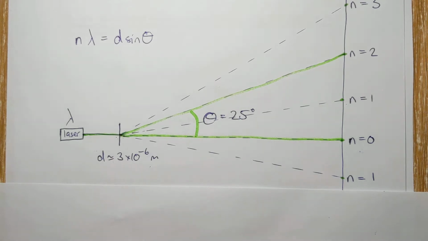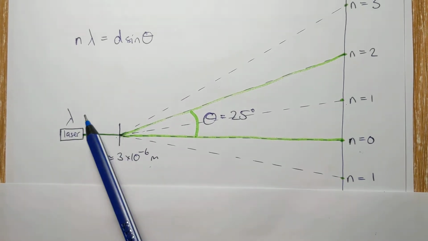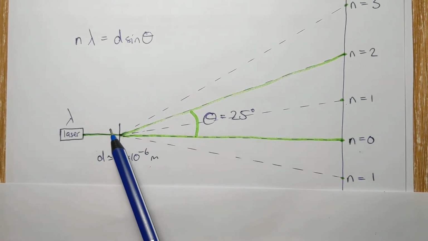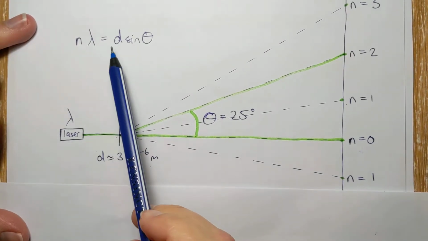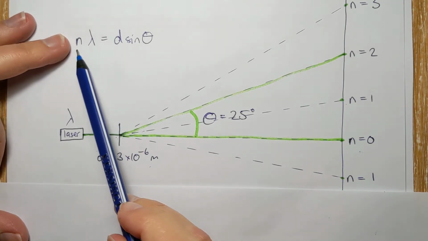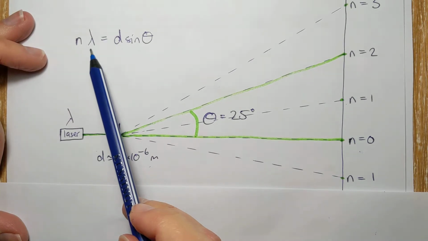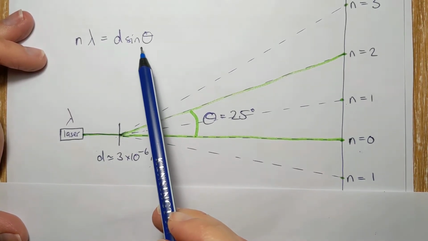And lastly, for diffraction gratings, we're going to ask what would happen if we used white light instead of monochromatic light, instead of a laser. Now, looking at the formula, for any particular diffraction grating and for any particular fringe that we decide to look at, we can see that the bigger the wavelength, the bigger sine theta will have to be, and therefore the